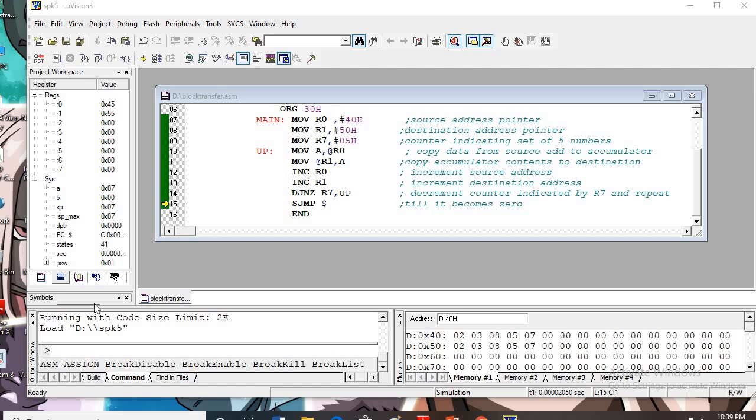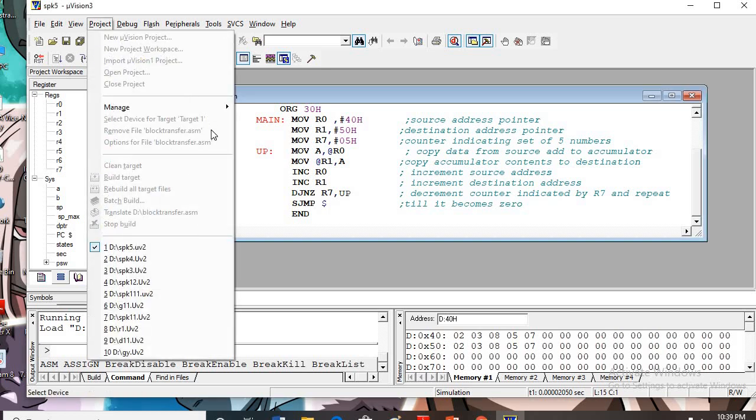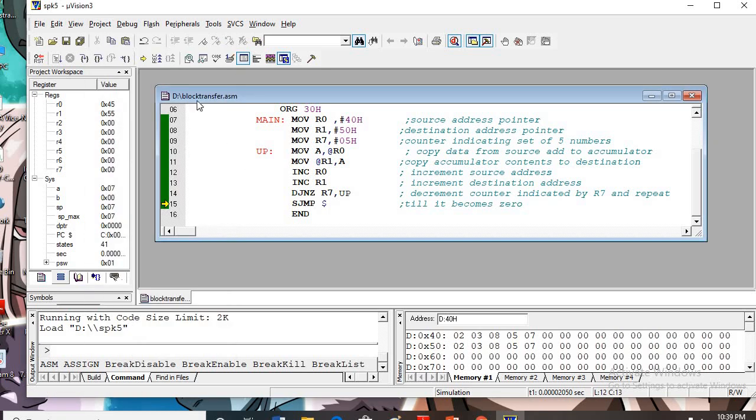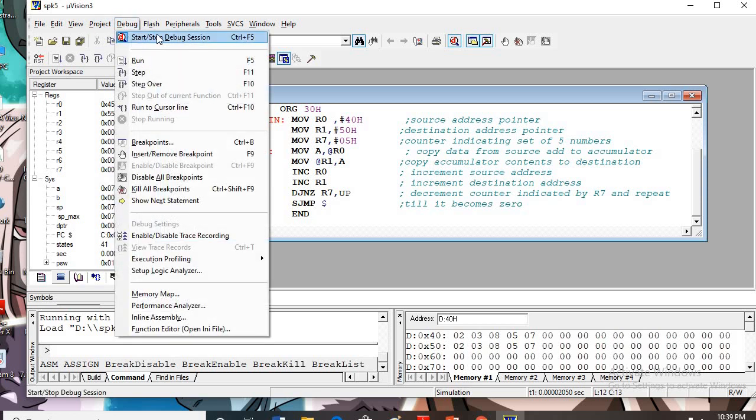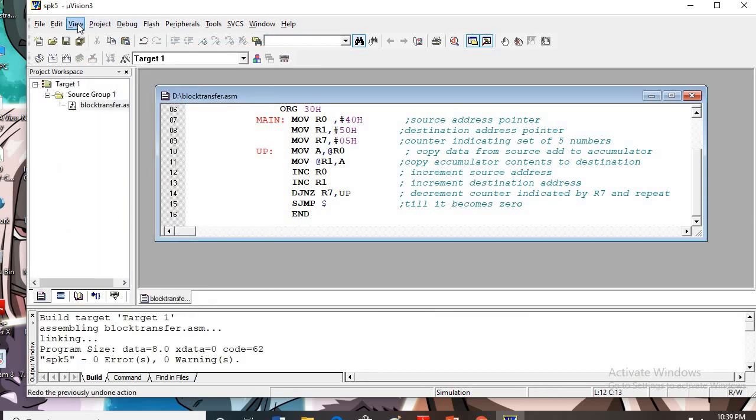Now we will write code for block exchange. In the previous program we have done block transfer. Now we will do block exchange. So before that, for this block transfer program, I will first of all stop debugging and then I will go for